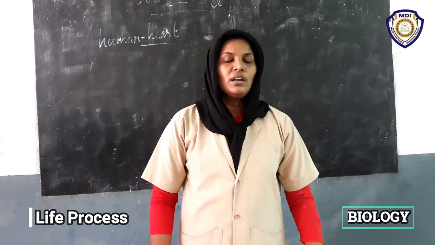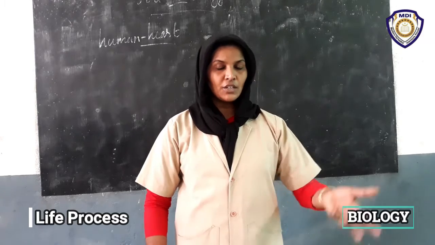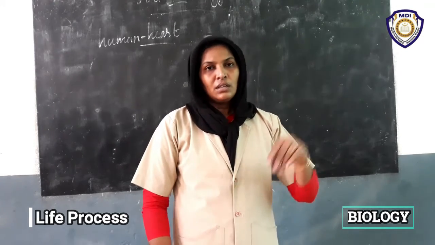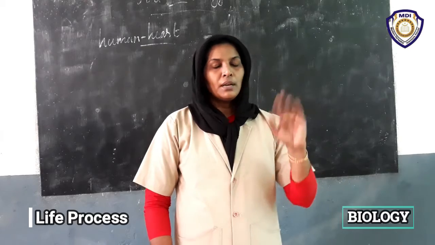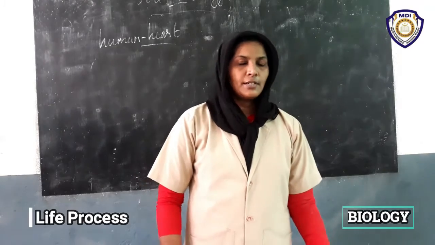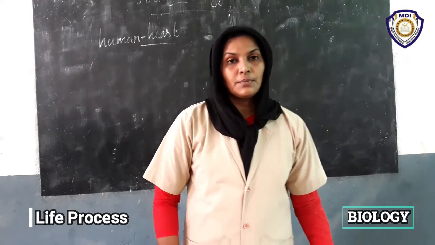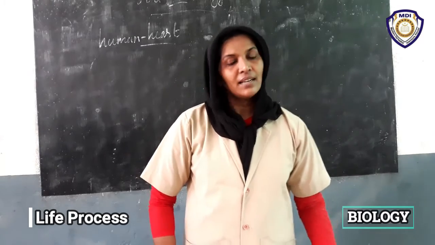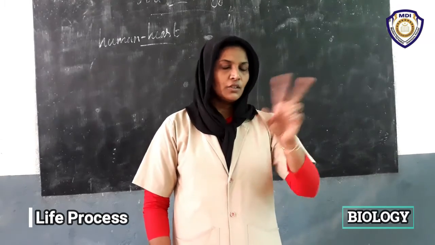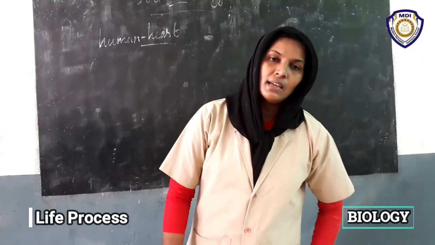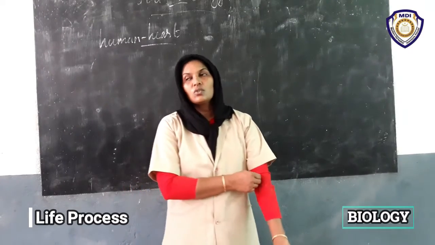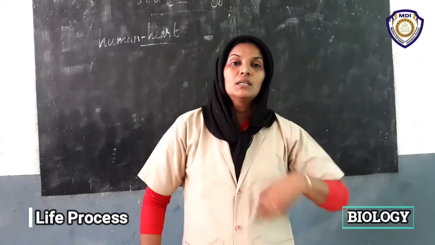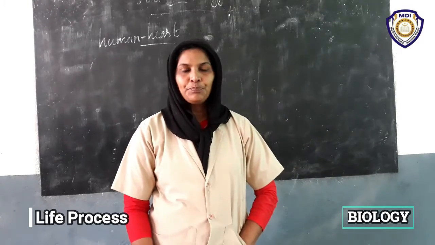In the first circulation, the blood flows from the heart to the lungs for purification, then brings the blood back to the heart. In the second circulation, that purified blood from the heart is distributed to different parts of the body. That is the second circulation. These are the 2 circulations: one is called pulmonary circulation and the other is called systemic circulation. Are we clear?